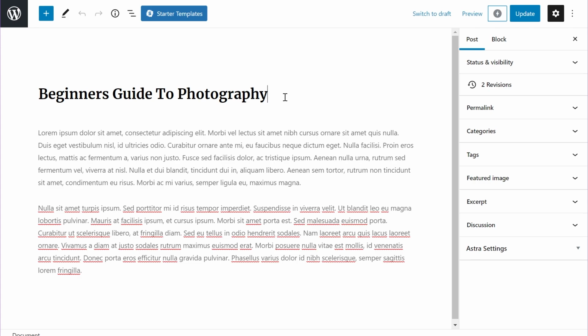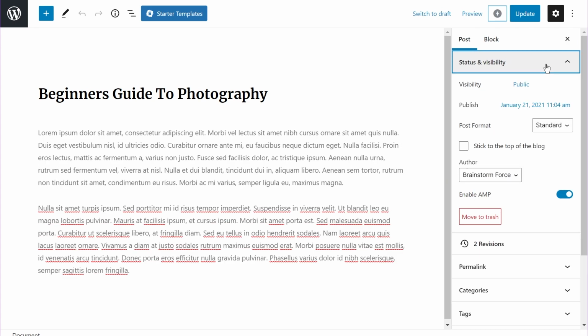So the setup process is complete, and I've opened up a post on my website because I wanted to show off the setting that I mentioned earlier, which is where we selected that we don't want to redirect all the pages on our website to AMP. And if you remember the singular options, I left it enabled. And if you use the same settings and you're trying to enable AMP on one of the options that you did not select, then you'll find the option under post, status and visibility. And as you can see, enable AMP is selected because this is a post and we left the singulars option open. So let's update this post.